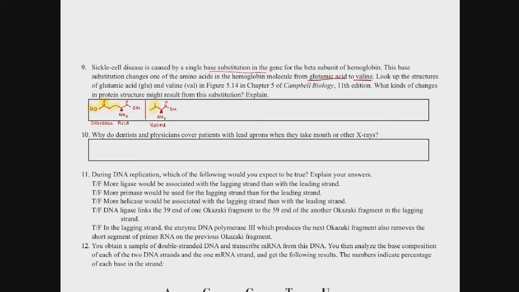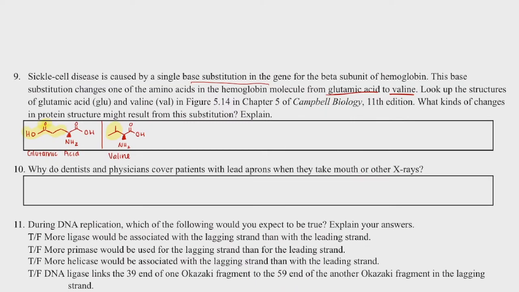So glutamic acid, as you can see here, this is its side chain highlighted in yellow, and valine side chain is also highlighted in yellow. The side chain on glutamic acid is actually polar, whereas valine is nonpolar. And so if you were to change that simple base substitution, changing it to valine would actually change its polarability